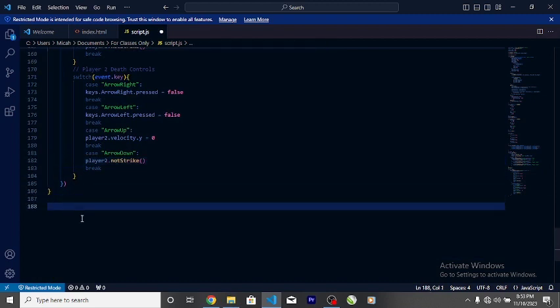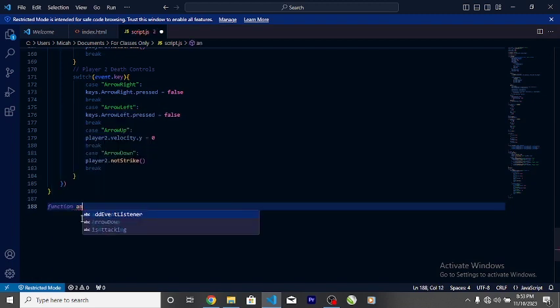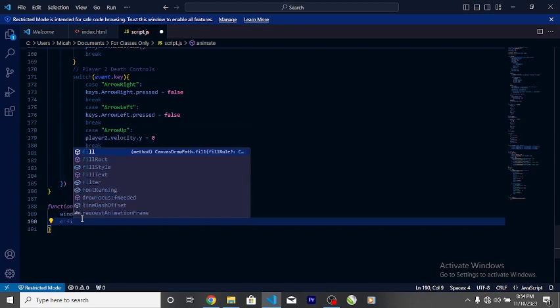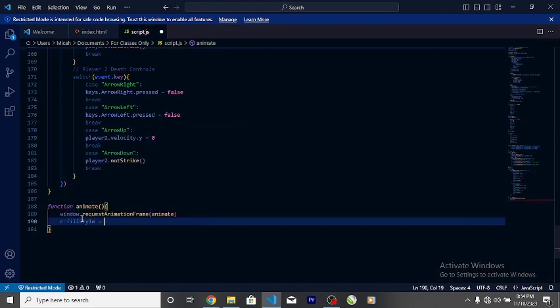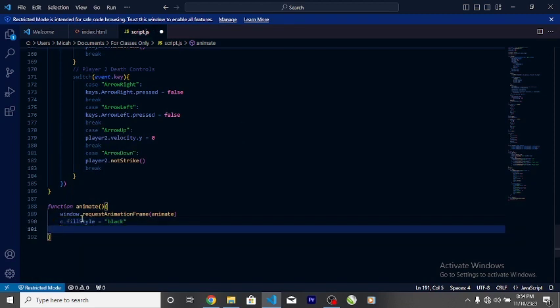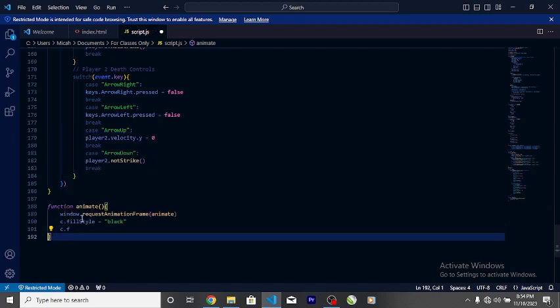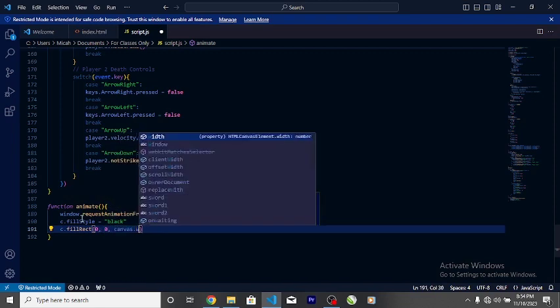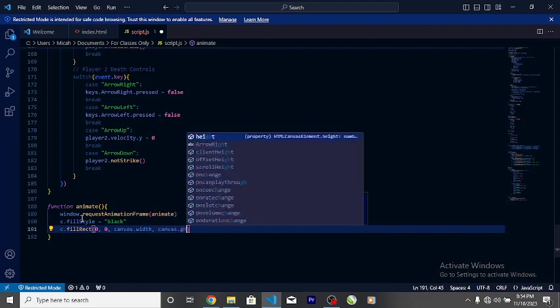We're going to say function animate, and then we're going to say window dot request animation frame animate, and then we're going to say c dot fill style equal to black, and c dot fill rect, that's going to be equal to 0 0, canvas dot width and canvas dot height,